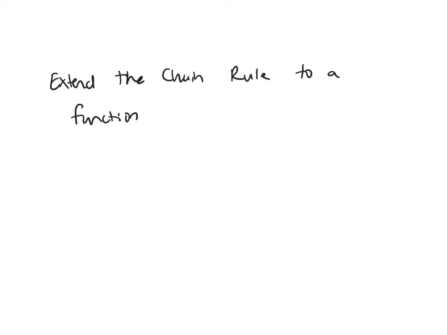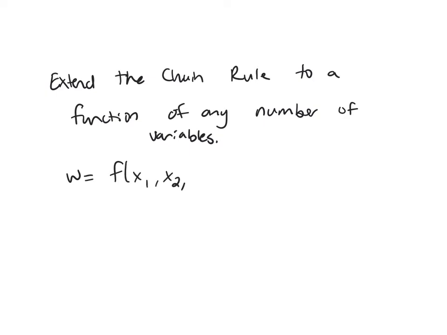So the chain rule that we learned in the last video, we can extend it out to a function of any number of variables. Before, it was stated just for a function of two variables, but you could have a function of any number, x1, x2, all the way out to xn, and then dw dt would be the partial derivative of w